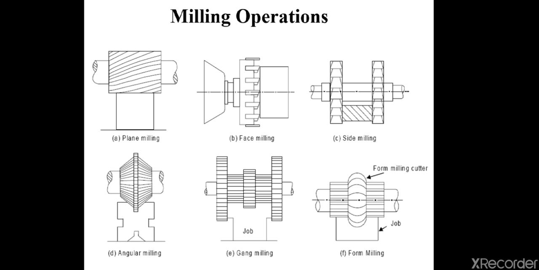Next operation is form milling. It is an operation of producing an irregular shape using a form cutter. The irregular shape may be convex, concave or other. In the last figure, figure F, it is shown that a form